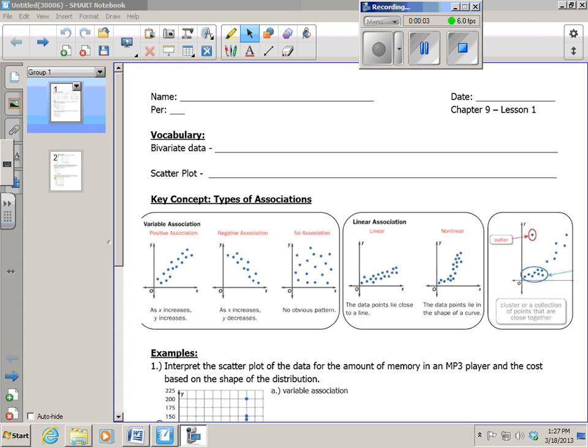Chapter 9, Lesson 1, Date being 3/19, and you have two vocabulary words, bivariate data, which is data with two variables,